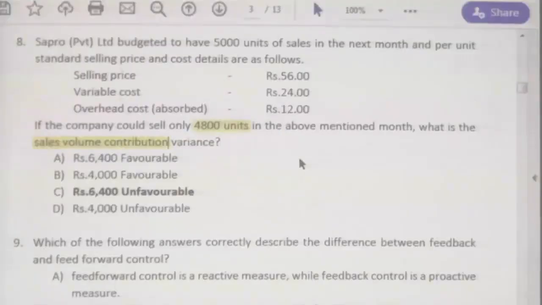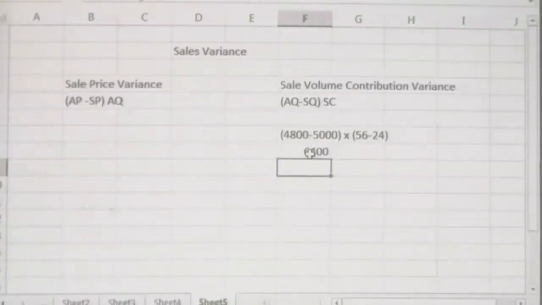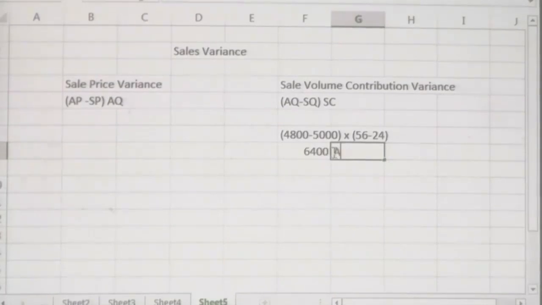That is 6,400 unfavorable. Here 6,400 adverse, unfavorable or adverse, right? Here 6,400 unfavorable or adverse variance. We can say adverse variance or we can say unfavorable variance. Answer is